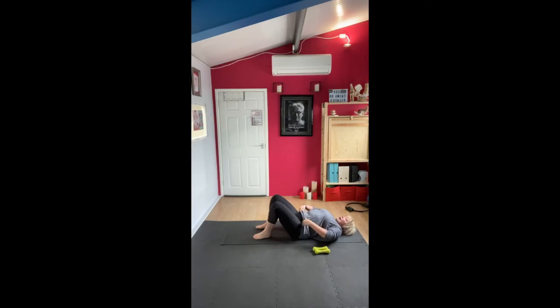So hips are level. I just want you to pull your tummy in and double check that the hips are level and that you're just gently drawing your tummy in. I'm going to be talking about more of this later on because I've done some more training. Ladies, it won't surprise you to know, and it's been quite interesting, so things will be changing, but let's introduce them now. So your feet are about hip distance apart, and just allow your back to go to the mat